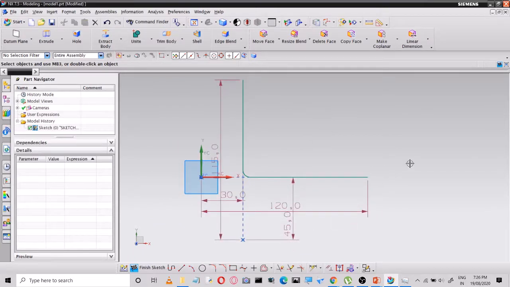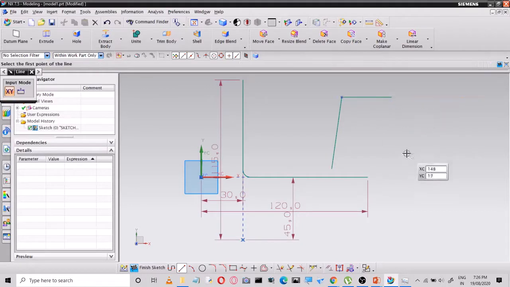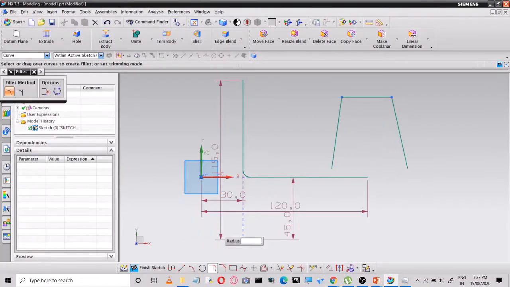Earlier it was possible to create a fillet with only 2 lines, but here you have the possibility to create a fillet with 3 edges. Let us take a trapezoidal shape. Now I want to create a fillet using the 3 methods.